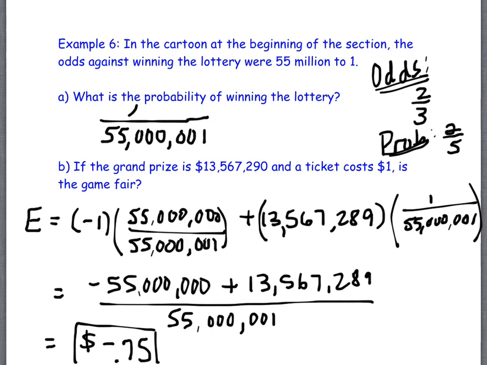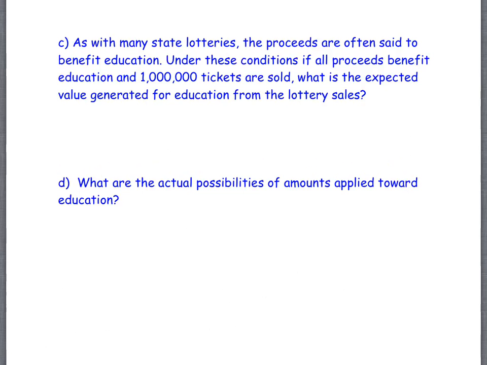All right, so take a look back at our answer to Part B. Part B said, on average, the person who plays the game loses 75 cents every time they play the game. So if they lose the 75 cents, what happens to that 75 cents? In theory, it would go to the education, right, with the premise that we were using in Part C. So that 75 cents,